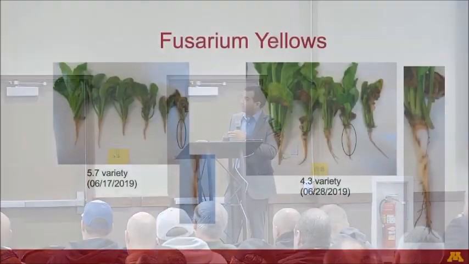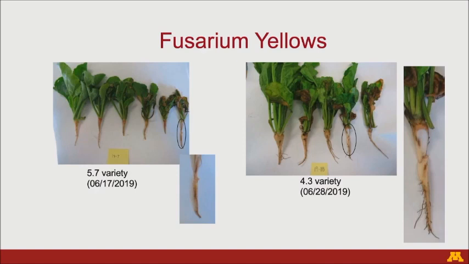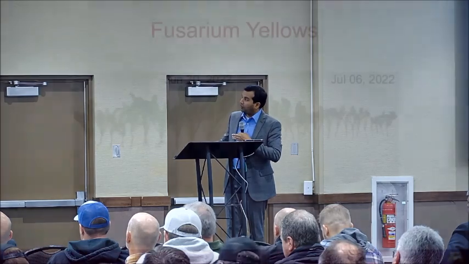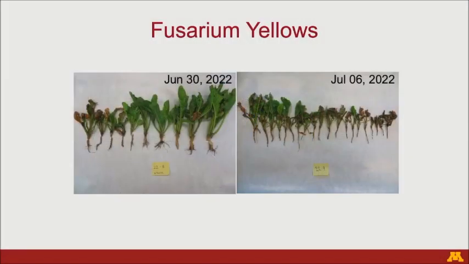In some of the fields, samples again, look at the dates, middle of June, the end of June here, 5.7, a very susceptible variety. The thing with Fusarium is you're not going to see anything on the surface of the roots. They just look clean as a whistle. You have to cut those roots, then you see this vascular necrosis, because Fusarium is colonizing the xylem that transports water. That's how you're dealing with Fusarium. Here is a 4.3 variety, end of June, and then June 30th and July 6th. These are the real samples that are pulled from the fields and sent to our lab for diagnosis.